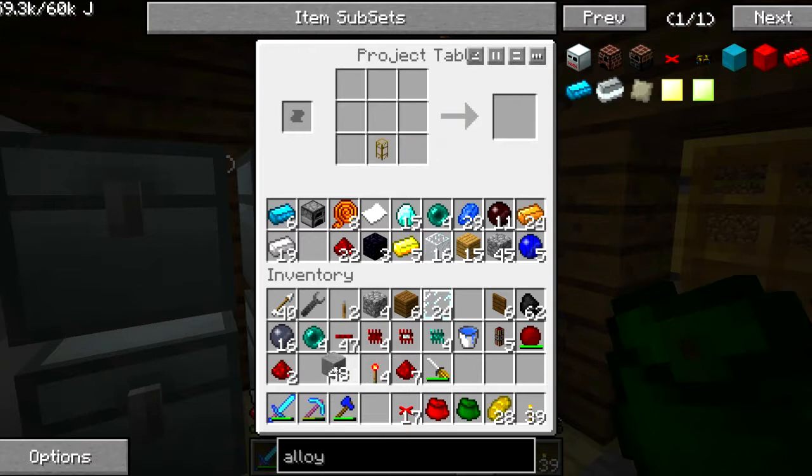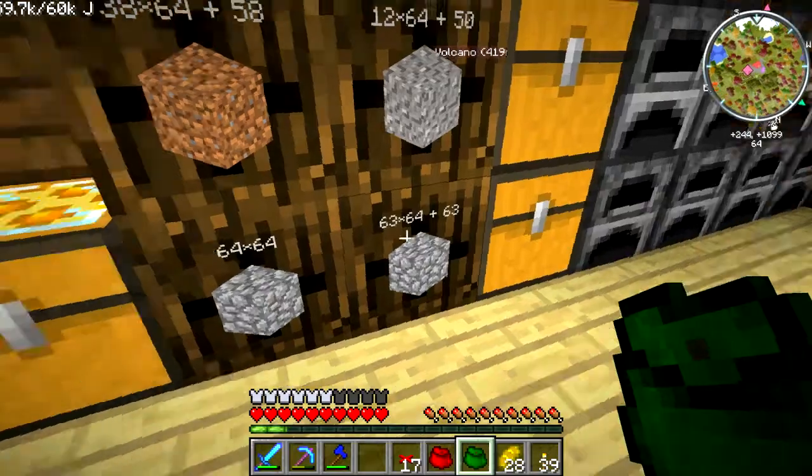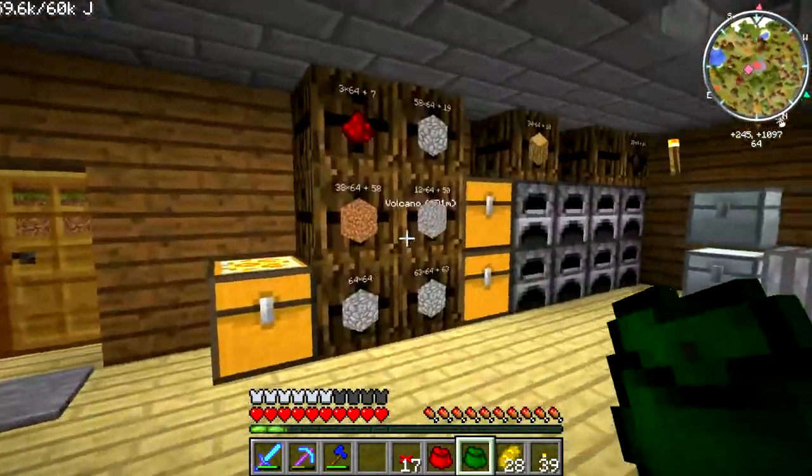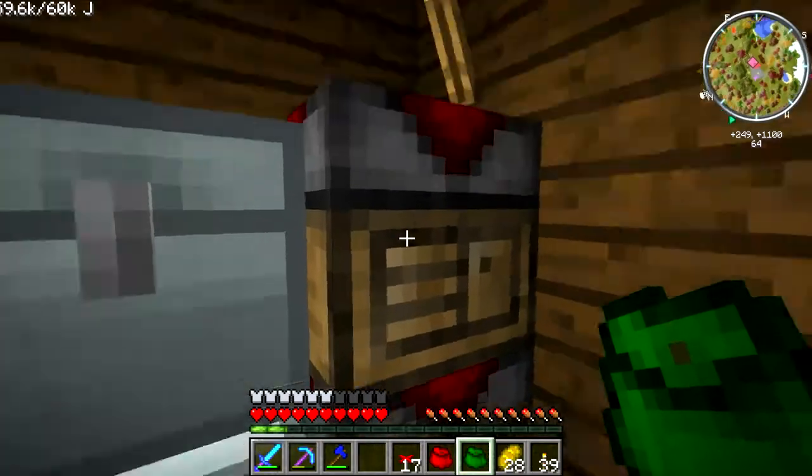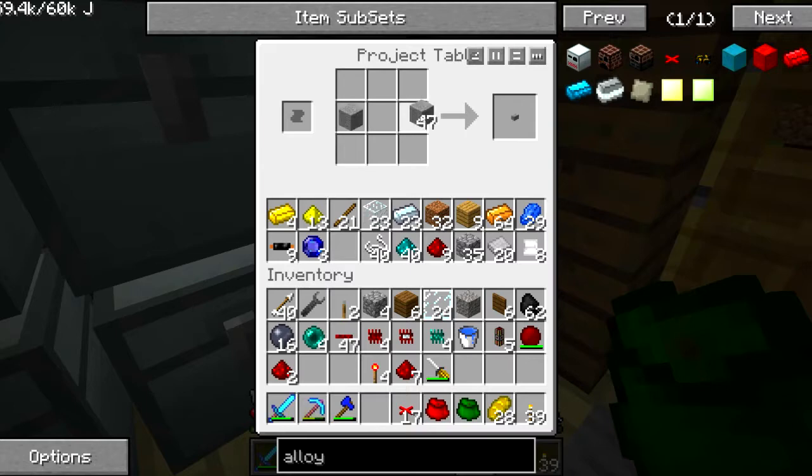Oh, that's not gravel. Where's gravel? Oh, that's cobblestone. I'm just silly. Where's my gravel? There it is. Sorry. But if you combine a structure pipe with... Okay, nope, you must have to use stone. I lied to you. One second while I make a stone transport pipe. There we go. If you combine a stone transport pipe and gravel...